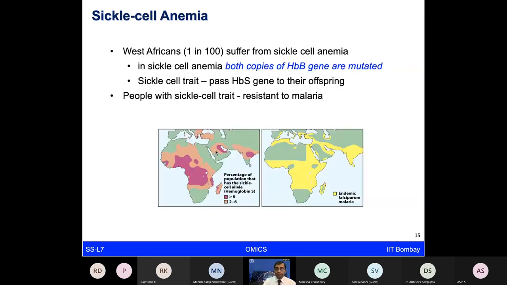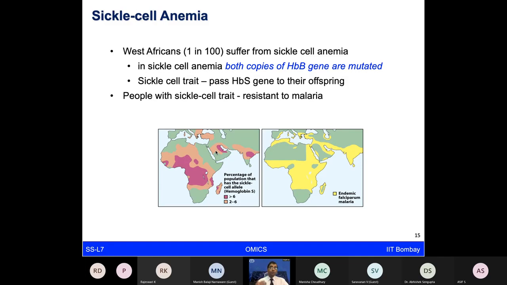As a result, sickle cell anemia is quite well known, and it's very heavy in Western African countries, as well as of course in India. There is quite a bit of interesting biology here, which is of course beyond the scope of this talk, but there are different genes which are mutated here.